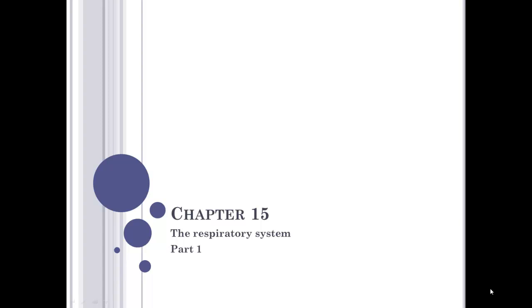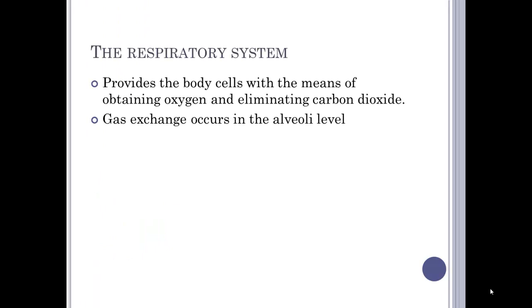Alright, this is going to be Chapter 15, the Respiratory System, Part 1. And the respiratory system here provides the body cells with the means of obtaining oxygen and eliminating carbon dioxide. And gas exchange occurs at the alveolar level. So whenever we talk about the respiratory system here, we're going to talk about,